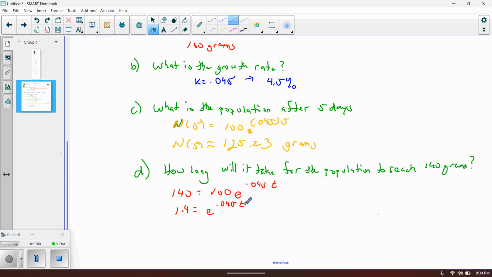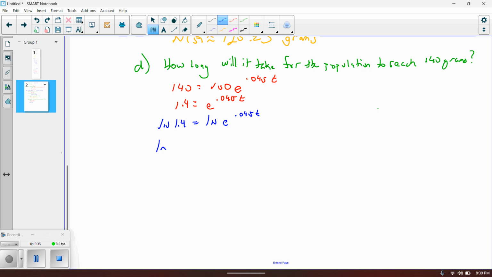So this is where taking the log of both sides, specifically a natural log of both sides, is going to be very convenient, because the natural log of 1.4, not something we're going to know easily, but the natural log of e to the 0.045t is going to be an important way to do this, because the natural log and e are inverse functions of each other, which means that the natural log of e raised to some power just gives you the power, the exponent. So we're going to get that the natural log of 1.4 equals